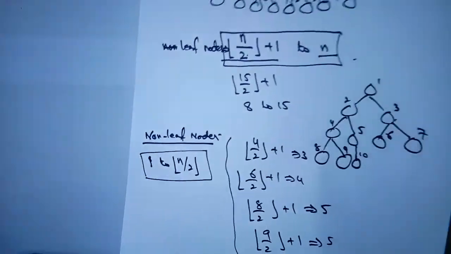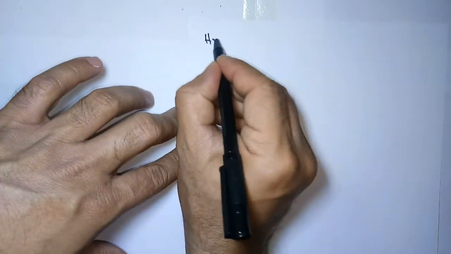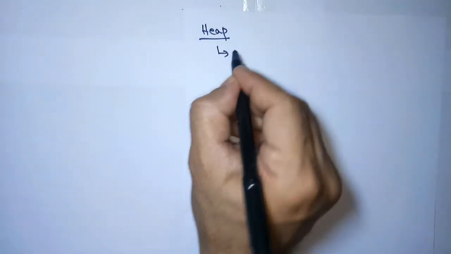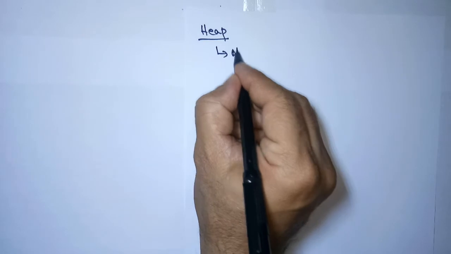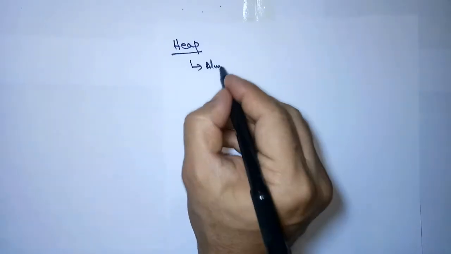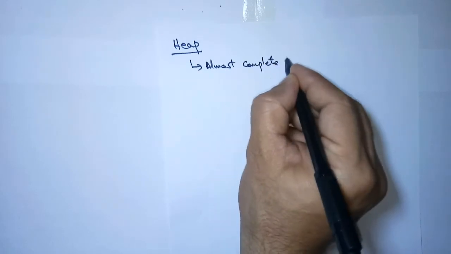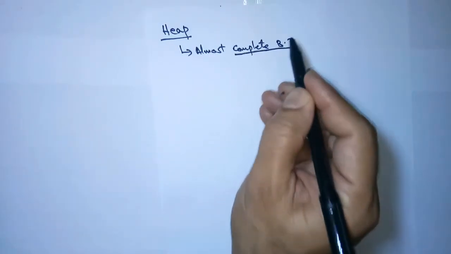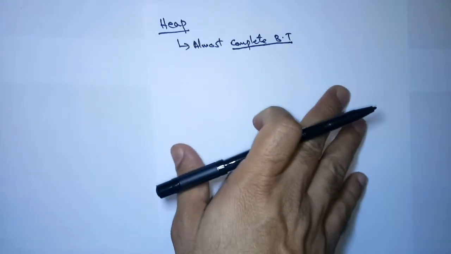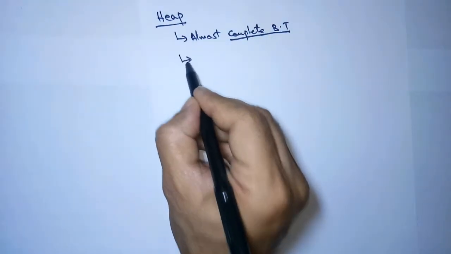Now let's define what a heap is. Okay, so in the heap data structure, there are two things. Number one, it's an almost complete binary tree. Binary tree, what does it mean? I will explain. You are very much clear now about the complete binary tree, right? If not, rewind the video. Okay, one thing. Second thing